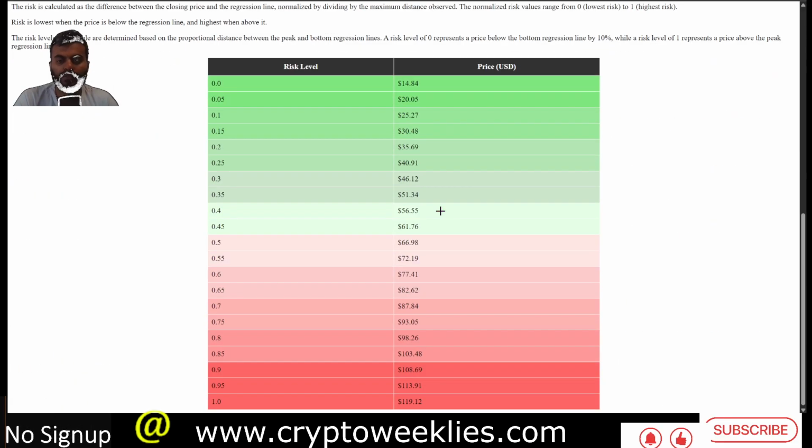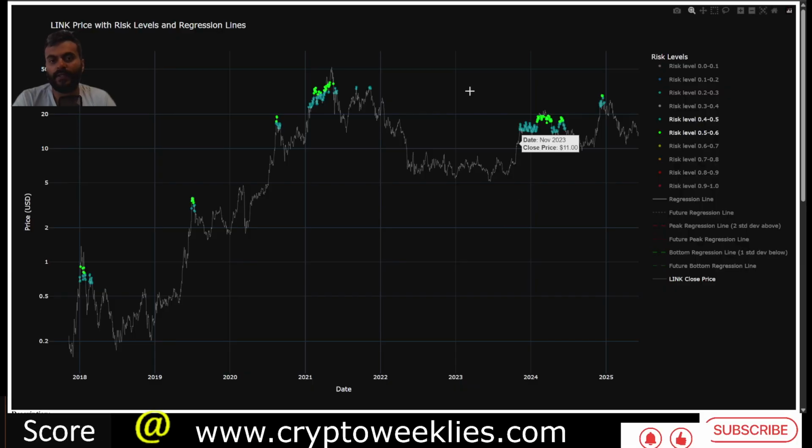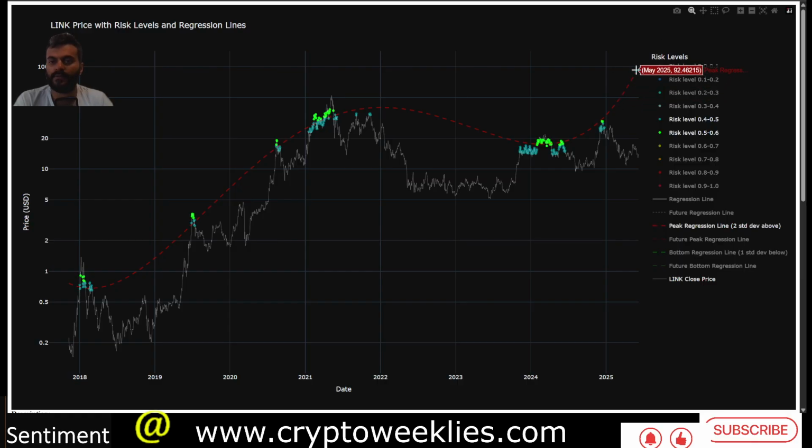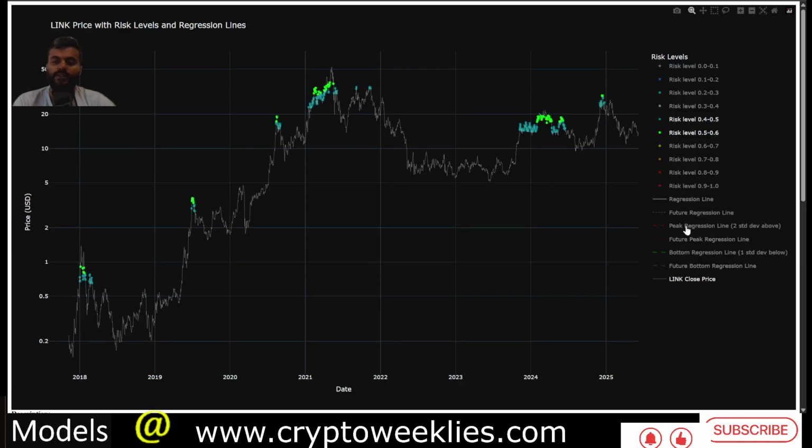Again, this model predicts that if the risk were to go to an exorbitant level, somewhere around the highest risk between 0.9 and 1, 90% and above, the top for Link could be between $108 and $119. So that's the max permissible ceiling right now, coming in at around, again you can see over here, the 2 standard deviation ceiling at around $94 and a 20% safety net. Again, the rallies don't resolve at that dotted red line, but between 10 to 20% higher than that red line is usually where the major peaks occur.